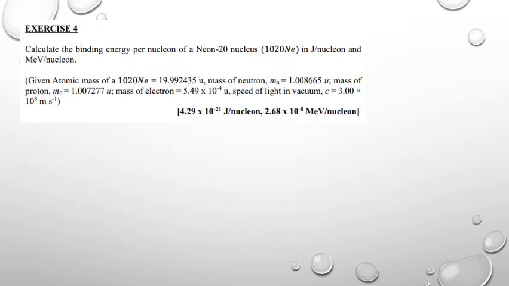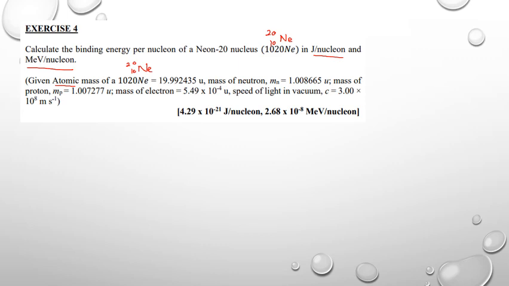Exercise 4. Calculate the binding energy per nucleon of a neon 20 nucleus. So this one should be 20/10 Ne. Now this question is asking for the answer in 2 different units, joule per nucleon and MeV per nucleon. Usually you can do the unit conversions after you obtain the value of binding energy. So given the atomic mass of neon, 20/10 Ne, equals